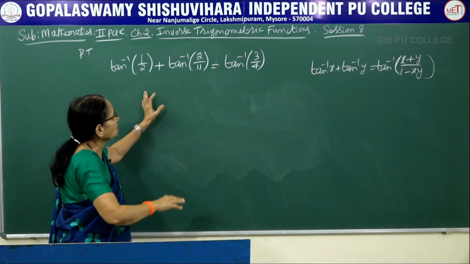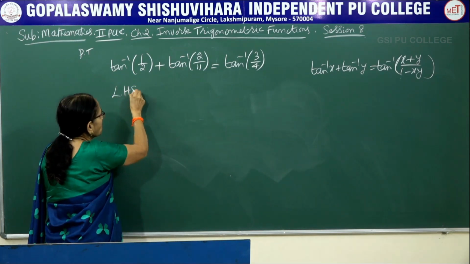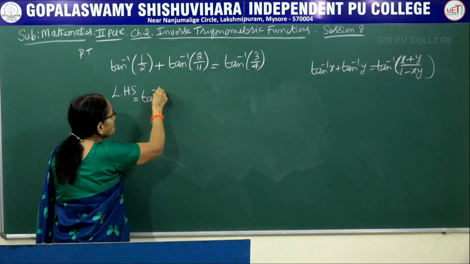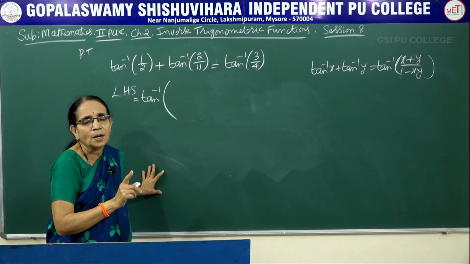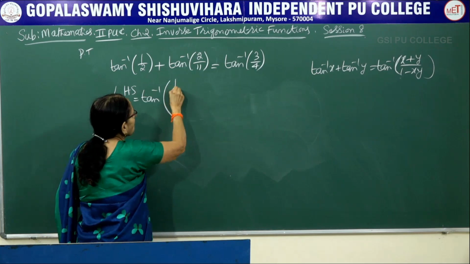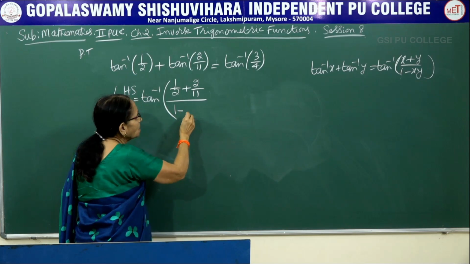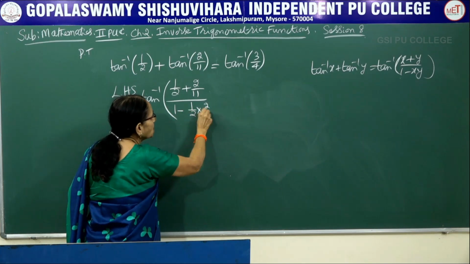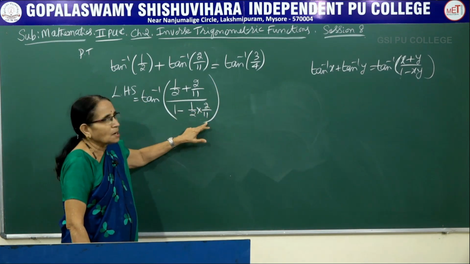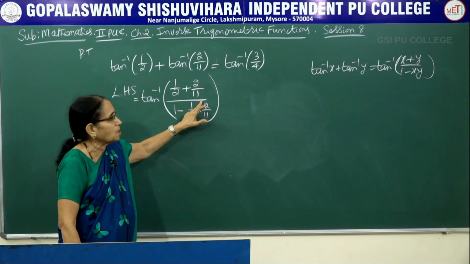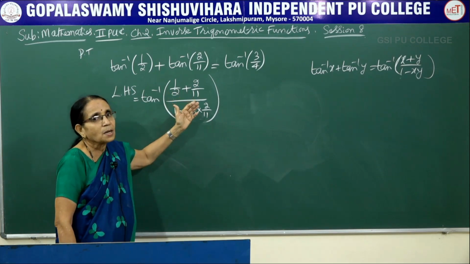Now again you can look at the left hand side, it just resembles that property. Therefore using that result, again I can apply the result here. In the place of x I am having 1 by 2, in the place of y I am having 2 by 11. So using that result, it is 1 by 2 plus 2 by 11 divided by 1 minus 1 by 2 into 2 by 11. We feel like cancelling 2 here, but better keep it as it is, because here also the LCM would be 22. If you don't cancel, the LCM would be 22, and for cancellation it would be easier.